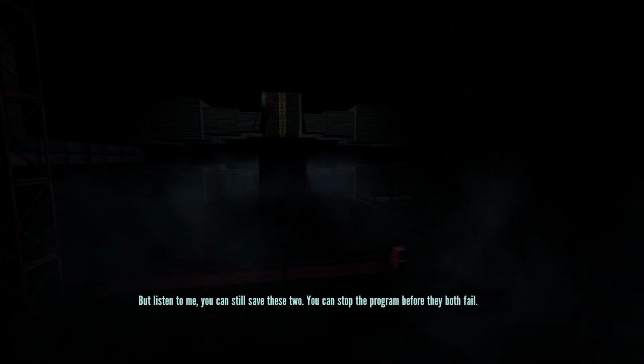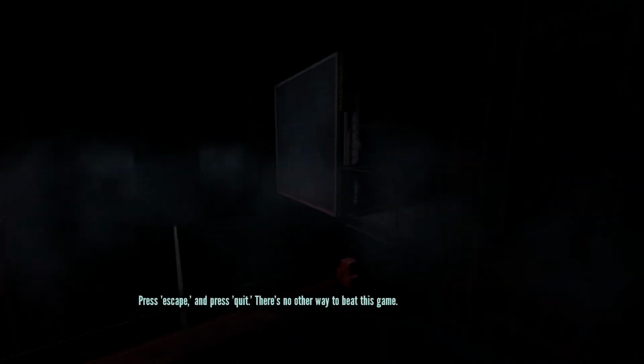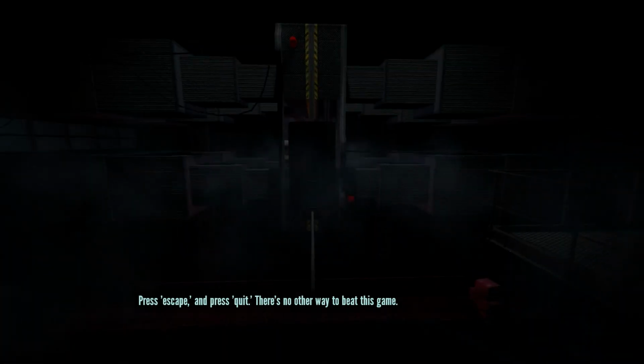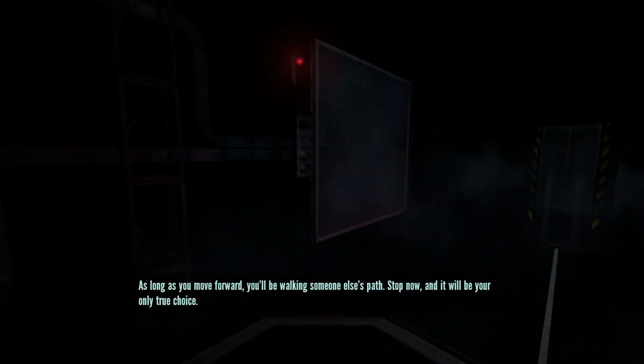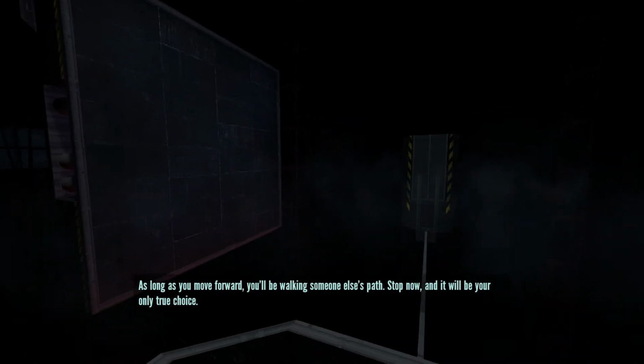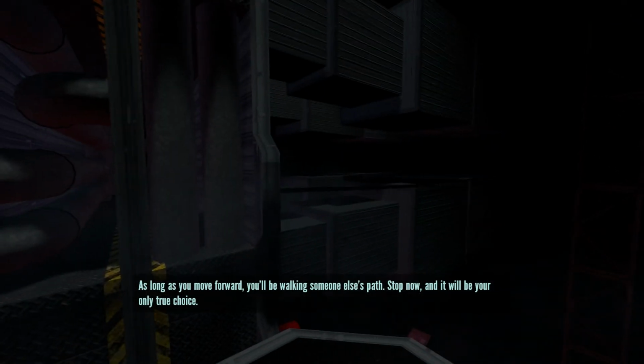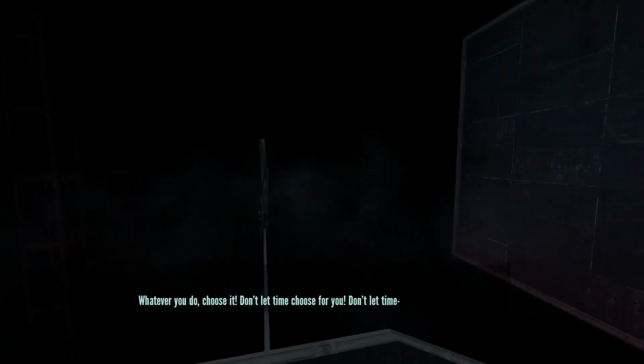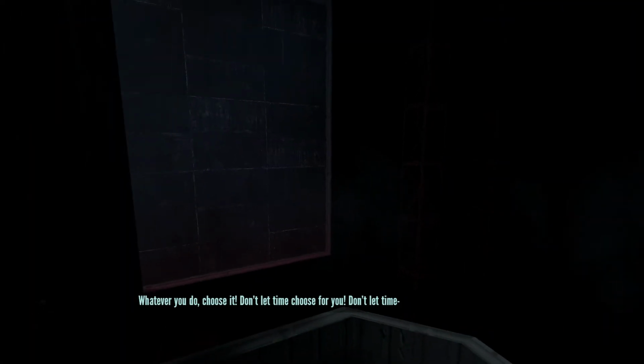But listen to me. You can still save these two. You can stop the program before they both fail. Push escape and press quit. There's no other way to beat this game. As long as you move forward, you'll be walking someone else's path. Stop now and it'll be your only true choice. Whatever you do, choose it. Don't let time choose for you. Don't let time